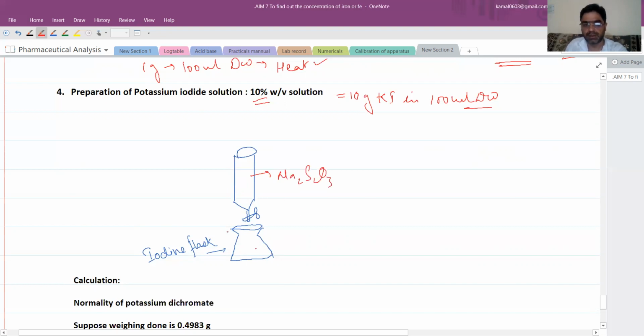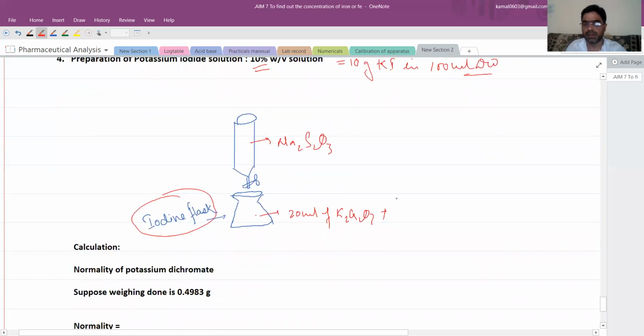And the flask that we are going to take is the iodine flask, that you must bear in mind, because here the liberation of iodine is going to take place. Here we will take 20 ml of the potassium dichromate solution, which we prepared in step number two. Then we'll add 10 ml of the KI solution, potassium iodide solution, which we have prepared, and